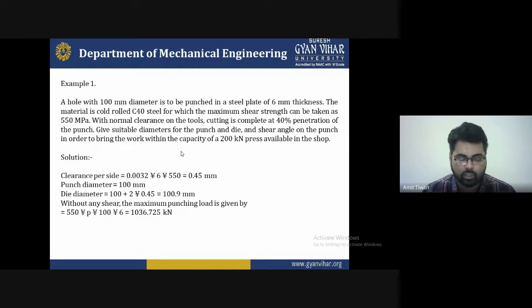So these three terms are to be calculated in this way, and easily you can find the values that we have to use for sheet metal operations. It is very simple, and it gives the suitable die and punch for the selected area. You can also find the diameter of the punch and the die, as well as the shear angle of the punch. The application of this type of numerical is when you are applying the punch in sheet metal operations, or finding the stress-bearing capacity of the material for that particular load.